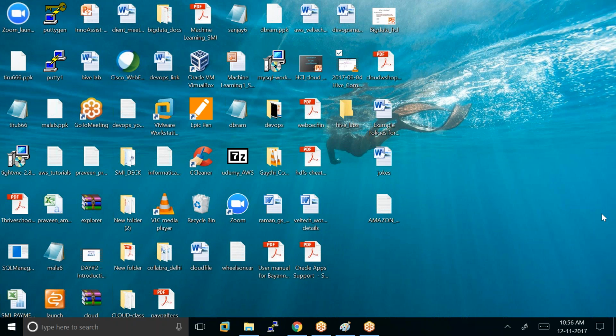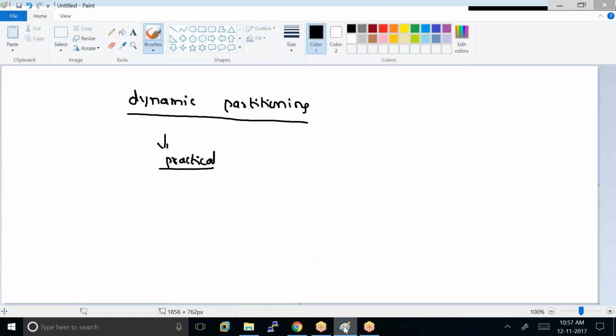Most probably in the coming Saturday we will cover all those joins and how to handle JSON objects, and we will be dealing with 2 to 3 use cases by clubbing all the things that we have learned so far. So we have completed the discussion on partitioning. We want to discuss bucketing. The plan for next Saturday and Sunday is, on Saturday we will be dealing with these basic joins,